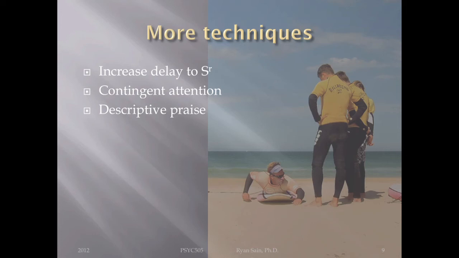Now, what that does for the kid, or the adult for that matter, is it teaches them that there was this one aspect of the behavior that led to reinforcement, not the whole thing. So it was being nice that led to the reinforcers. It was using my words in a particular way that led to the reinforcer, not just using my words. So that's where the descriptive praise can be useful. And of course, descriptive praise only works with people that already know how to follow the rules, because descriptive praise sets up a rule, right? It says, okay, this is the behavior that got you a reinforcer. In other words, please engage in it again, right? In this scenario. All right, enough on those techniques.